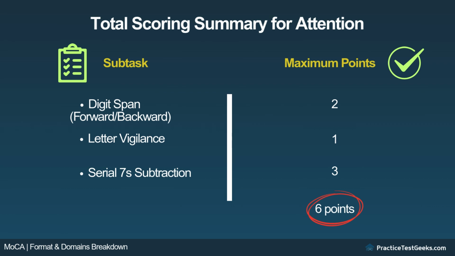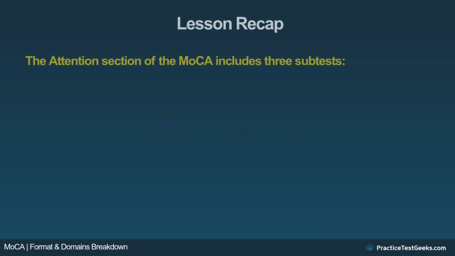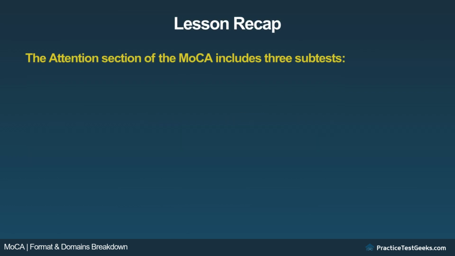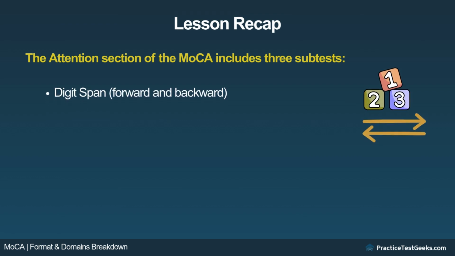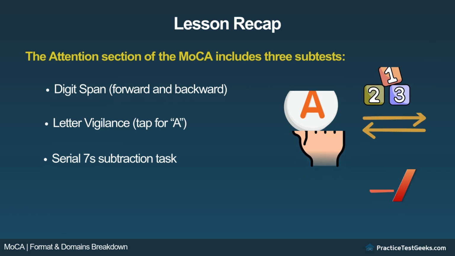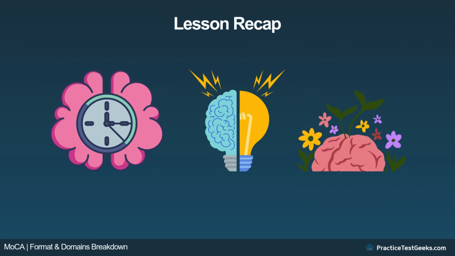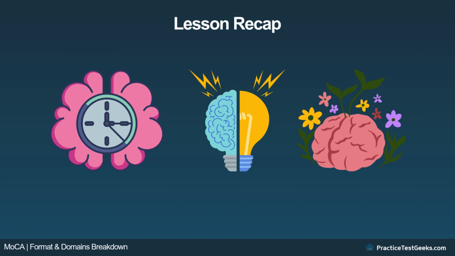These 6 points represent a significant portion of the MoCA's 30-point total and are heavily weighted for determining impairment in attention and working memory. Lesson recap. The attention section of the MoCA includes 3 subtests: digit span, forward and backward, letter vigilance, tap for A, and Serial 7's subtraction task. These tasks evaluate short-term memory, sustained attention, and mental flexibility, and they contribute up to 6